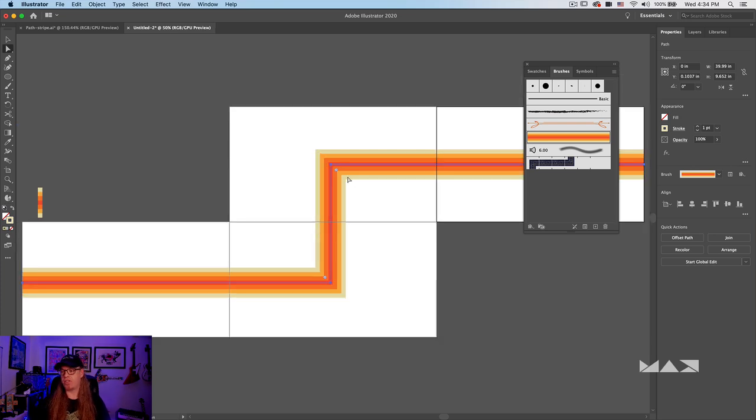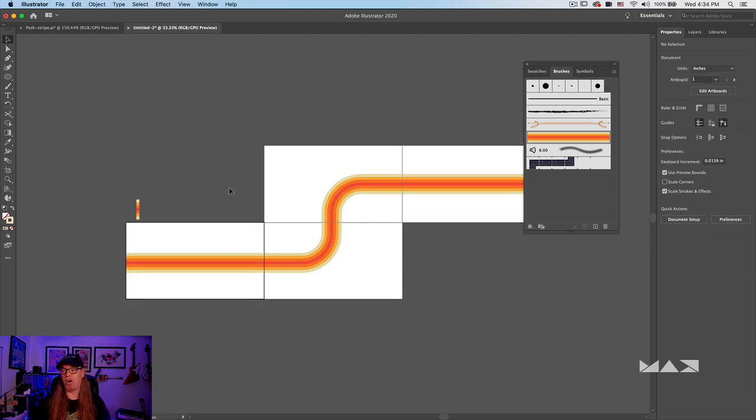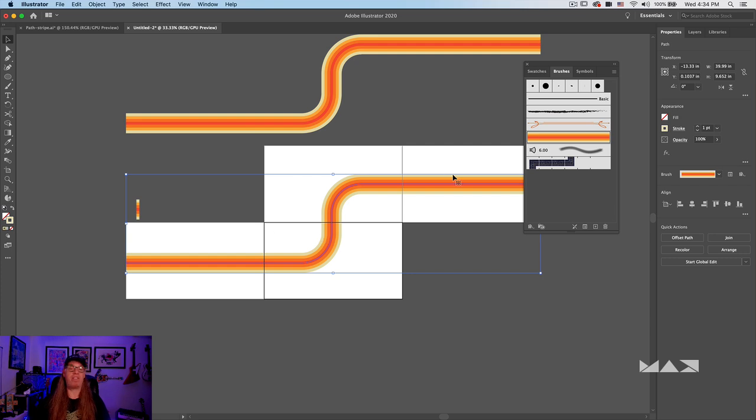So you can see that radius control, if I click and drag on it, it will start curving these corners with the radius and makes this look a little bit more fluid and interesting in the way that it's moving through the screens. Once you're happy with that, I would always recommend when working, make a copy and move it off of the artboard, just so you've got kind of a backup of your artwork while you're constructing. But in essence, you've now got a path that follows the screens.